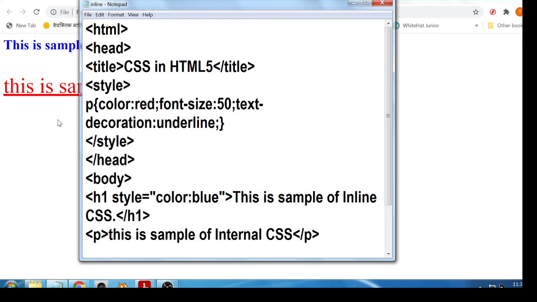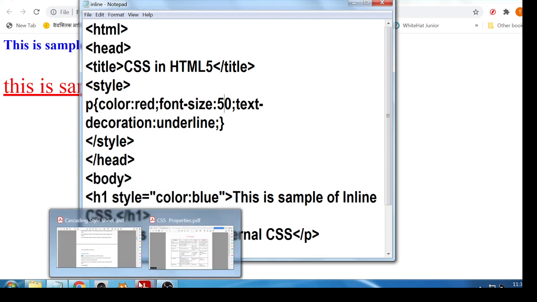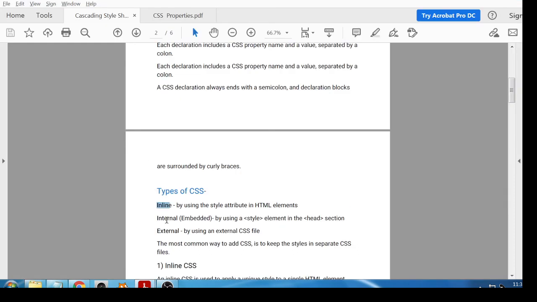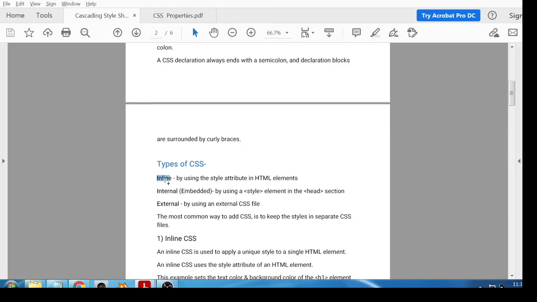Okay, we stop here, and I hope you understand what CSS is and the purpose of CSS and the two types of CSS, internal CSS and inline CSS. External CSS is pending. I will explain the external CSS in a separate video. Okay, thank you.